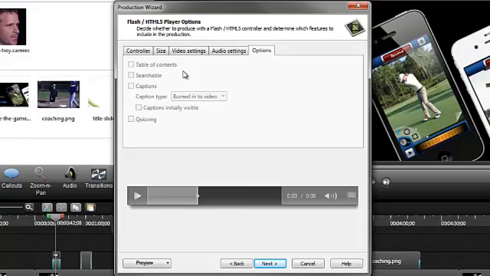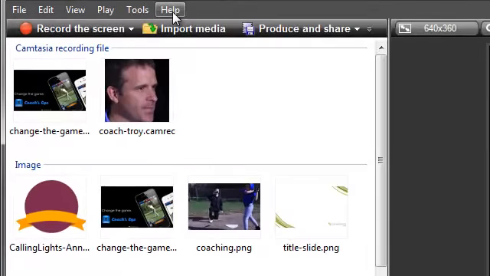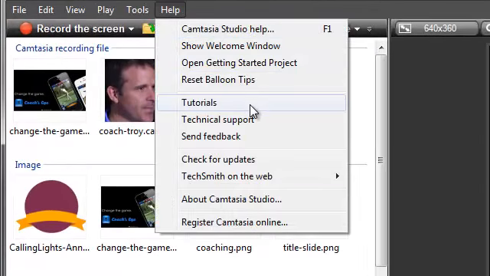This player provides playback on multiple devices with just one video, whether it's a phone, tablet, laptop, or desktop computer. Well, it's time for you to try Camtasia Studio for yourself using the content on the timeline, or better yet, create your own. We have lots of free tutorials on our website, and I recommend you begin with the Getting Started series. Also, the help file inside Camtasia Studio tells you how to use each of the Camtasia Studio features and applications. One last thing, if you ever want to open this Getting Started project again to view or practice with,